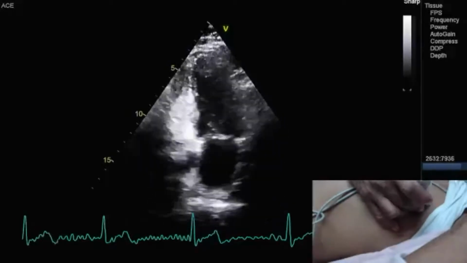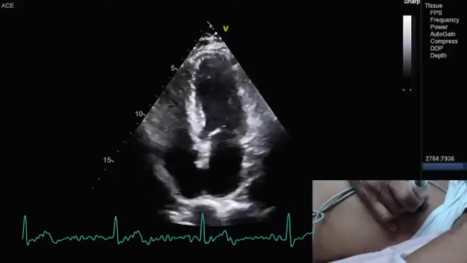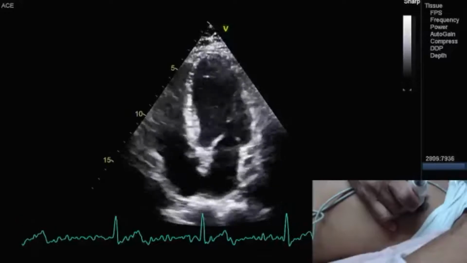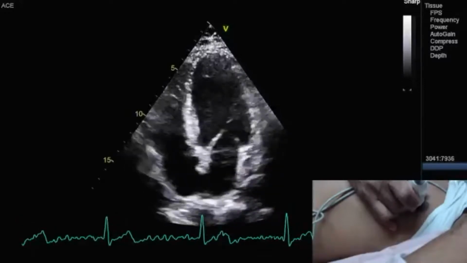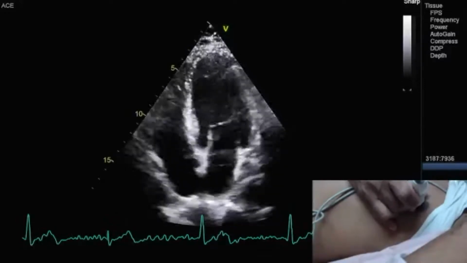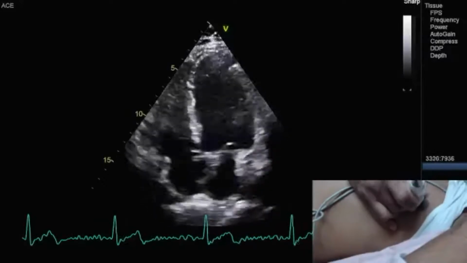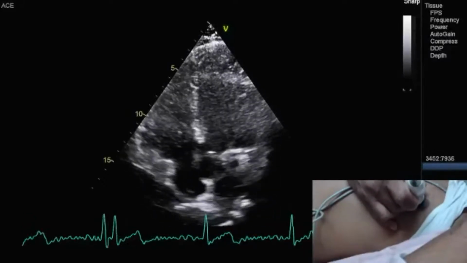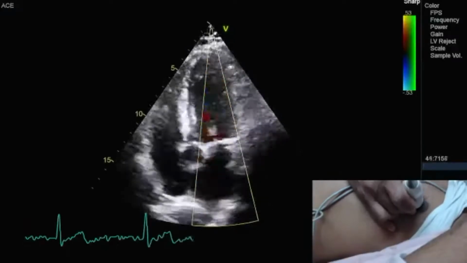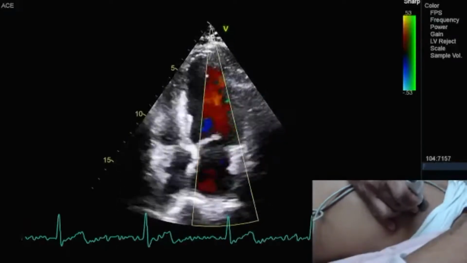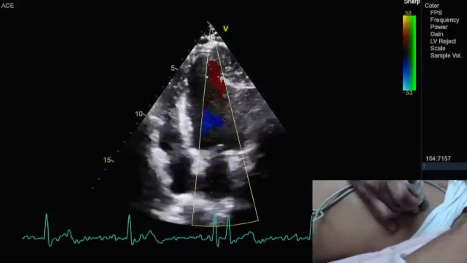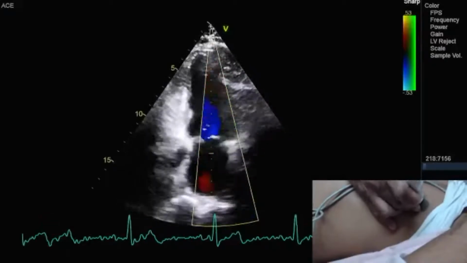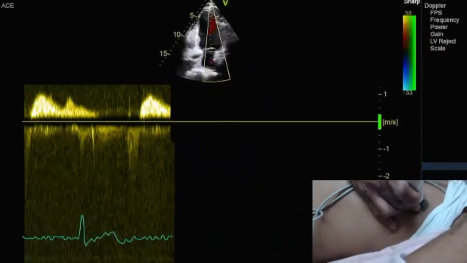So any other questions for color flow, Doppler mapping, pulse wave, continuous wave? Pulse wave is again site specific. Continuous wave is not site specific. It's a flow across all the valves. I'll give you an example right now. I'm going to show you a flow where you will be able to see a diastolic flow also in a mitral flow, systolic flow also in the mitral.